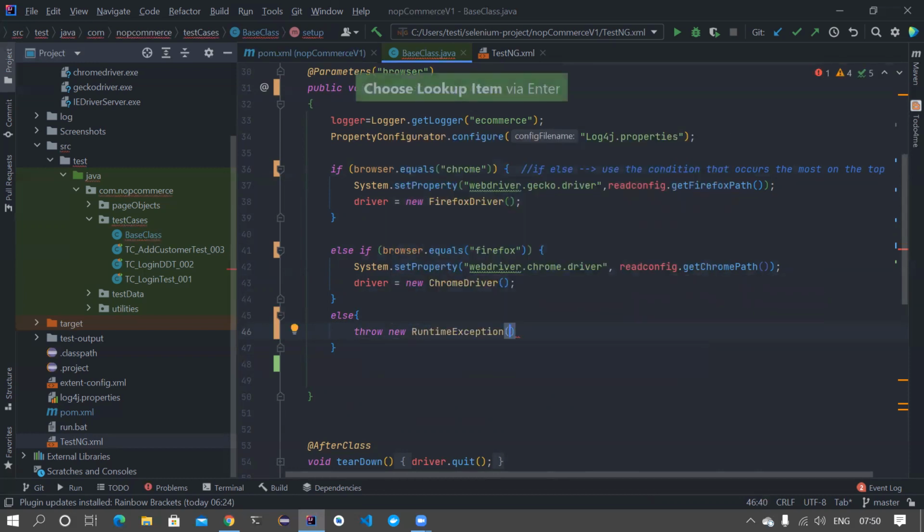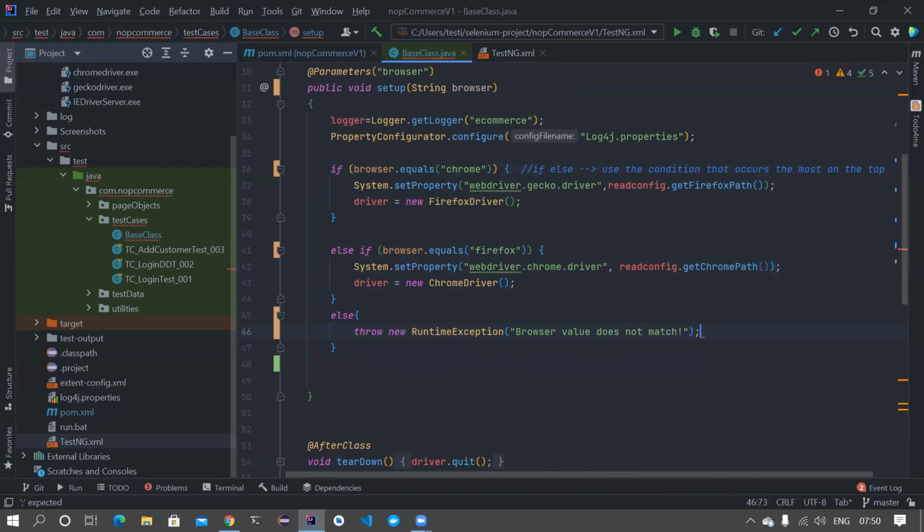A runtime exception basically stops, terminates the program. So that's some stuff you can do. Again, you can create subclasses of this runtime exception so that it's more meaningful, but for the time being I'm not doing it. I'm just creating a message like, browser value does not match, something like this.